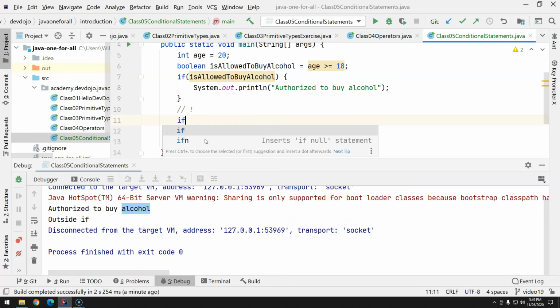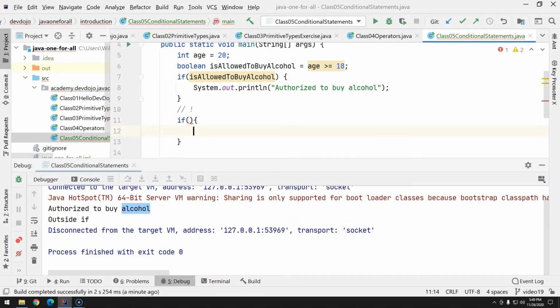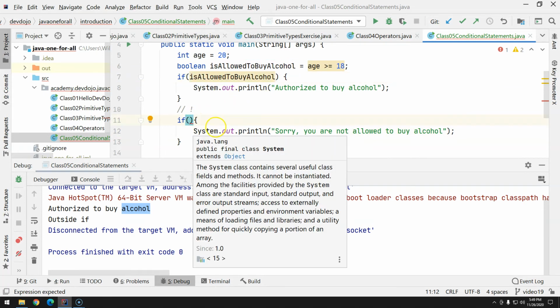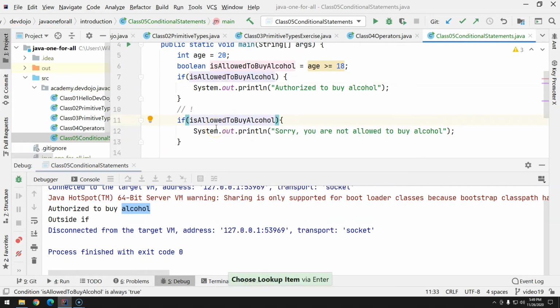So let's say I want to print a message, like, hey, sorry, you are not allowed to buy alcohol. Now this message can only be displayed if they are not allowed, and we do have a condition here. So basically what I want to do is, if is allowed to buy alcohol is false,